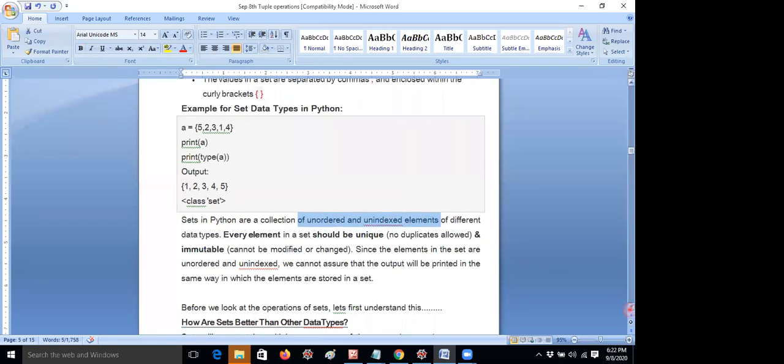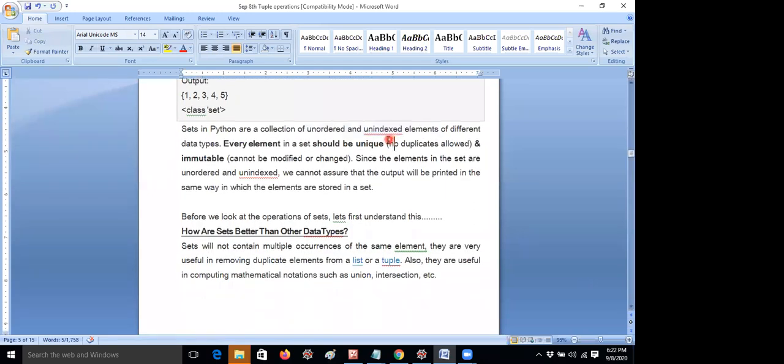Okay, and unindexed, that means there is no index here, because whenever you have to access the first element, you have to find it by using the 0th index. But there is no index method here, because we cannot predict which element will be displayed in which position. I will explain in different examples. Definitely you will understand better. So don't confuse, guys. Then you can ask your doubts, no problem at all. So let me complete with another example first.